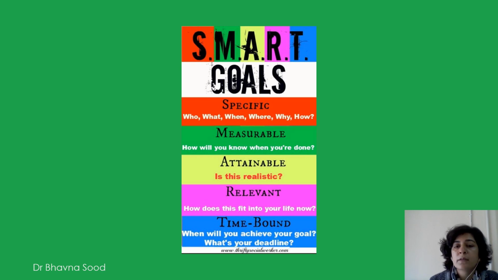Your goal for your research has to be specific. It has to answer the who, what, why, when, where, and how questions. It has to be measurable, because every time you need to verify what you're doing. It has to be attainable, that means it has to be realistic. It has to be relevant. You could not be doing something which now has no relevance today. And definitely you have to have a time foundation to it.